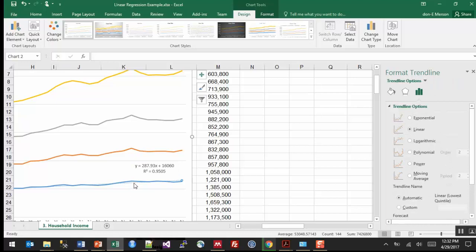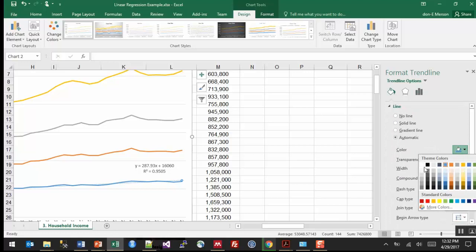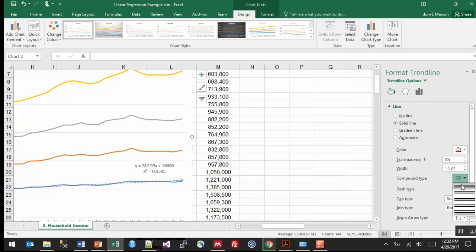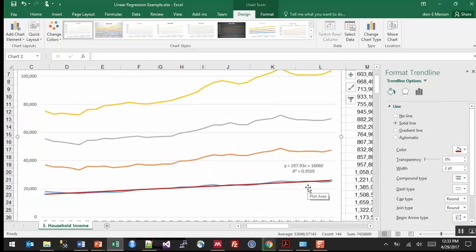And actually, let me go back here and format the trendline. Let's make the trendline a little easier to see. What I like to do is make it a nice red color. And then I want to make a line like that, maybe add to the thickness a little. So now it's a little easier to see the trendline. That might be a little too thick for this particular line. Okay, so now you can see the trend is the red line, and the blue line